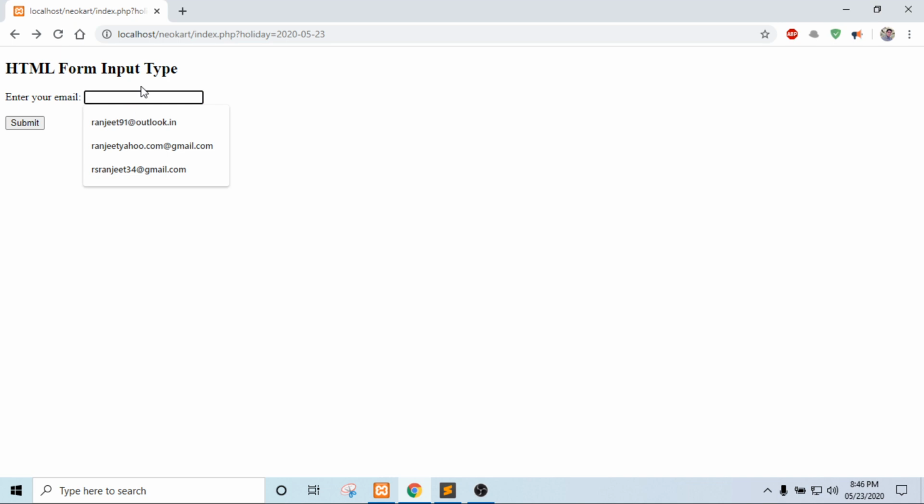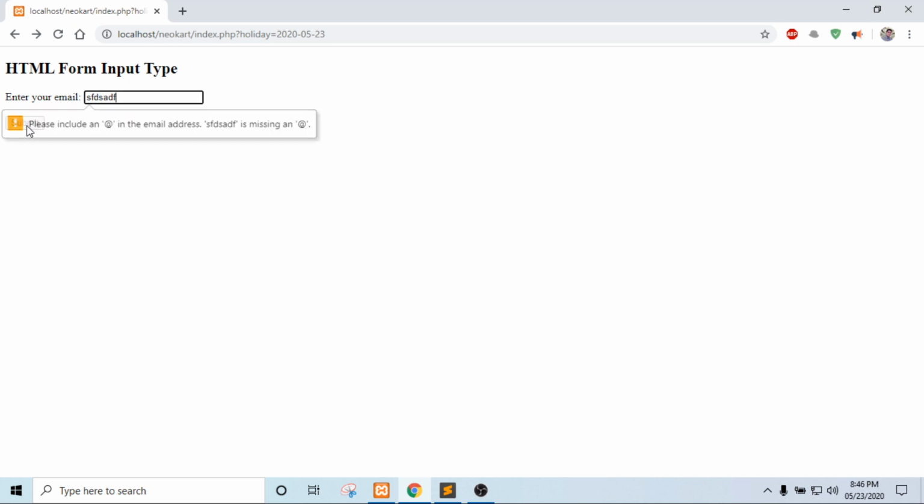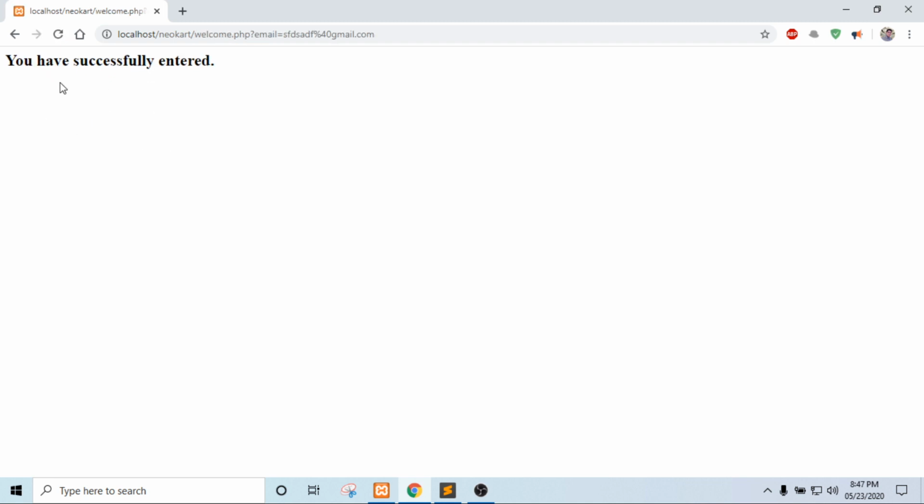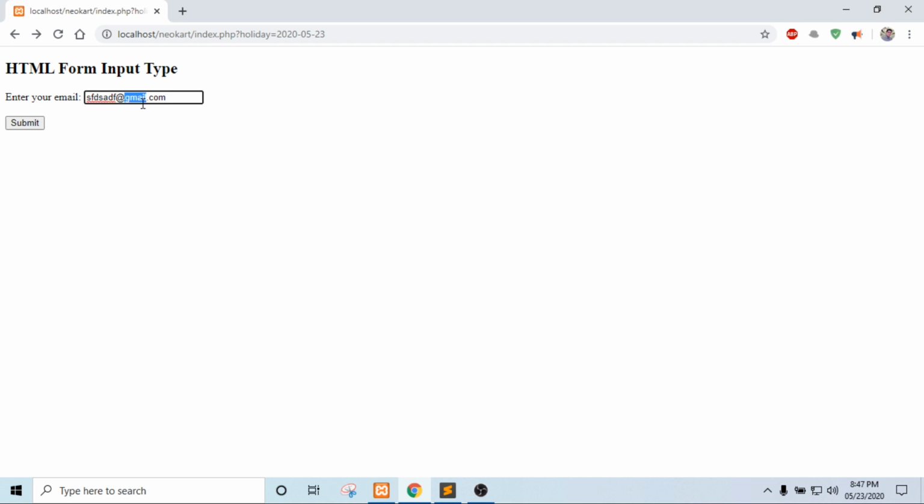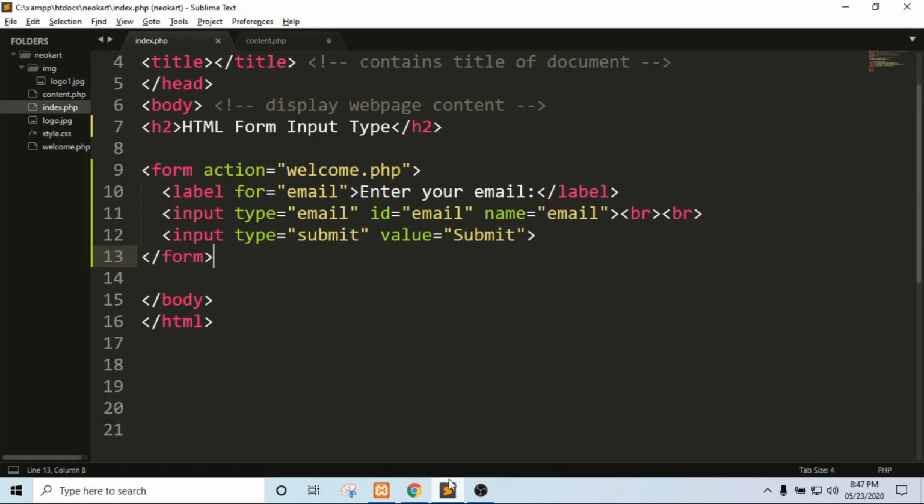Here it shows a message: please include an at the rate in the email address, it is missing. It will take only email format values. So this is the email input, and you can insert the value in the form of email only.